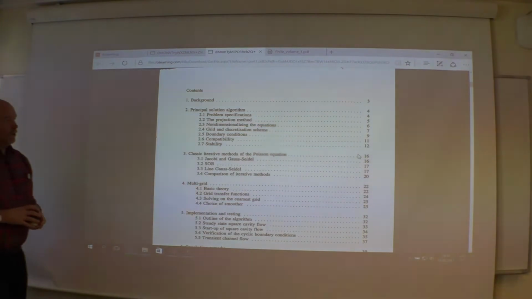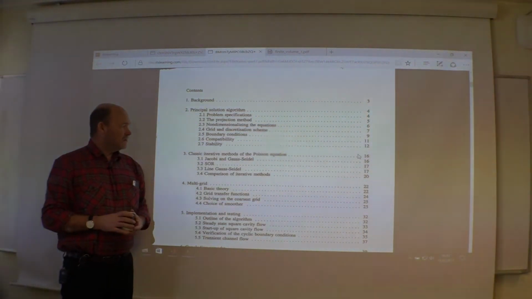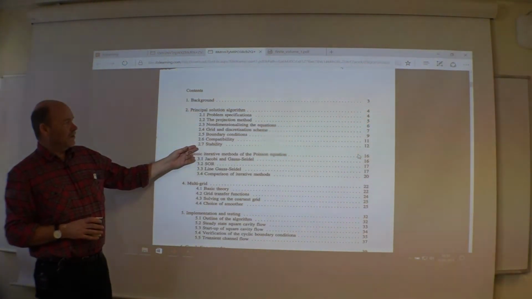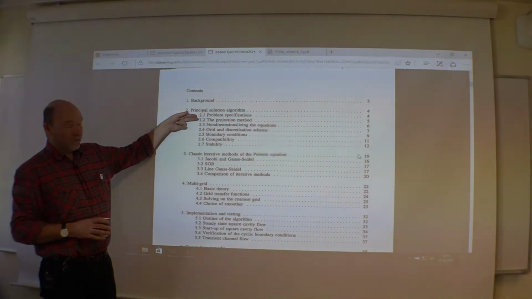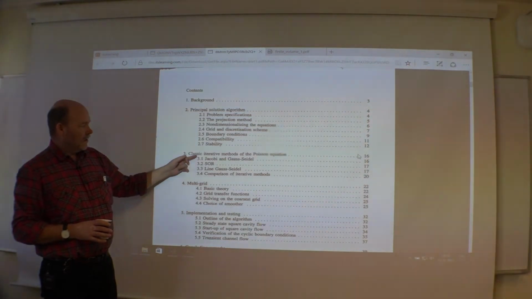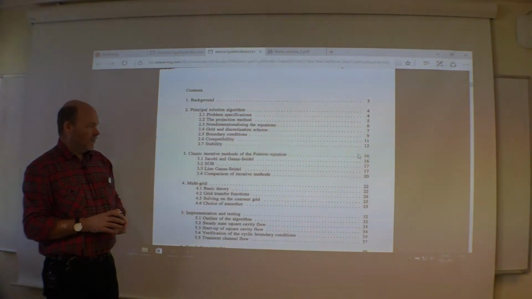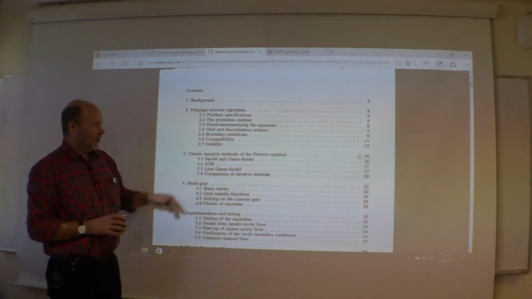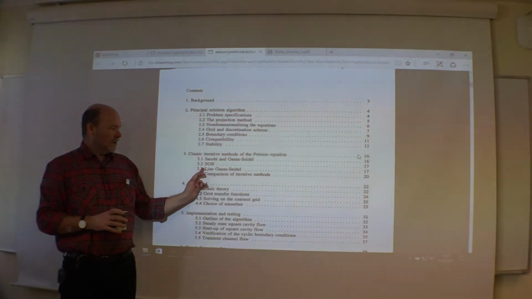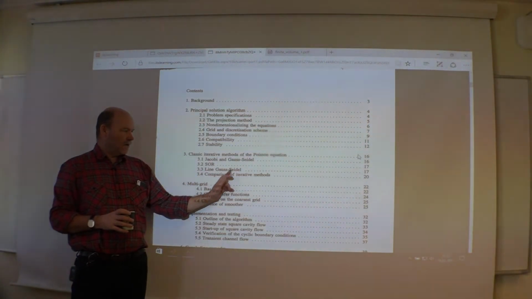We have looked into the stability here, max-min method, and also we have gone through the projection method, the time split method. And here you find description of the classical methods, Jacobi, SOR, and also line Jacobi and line Gauss-Seidel,